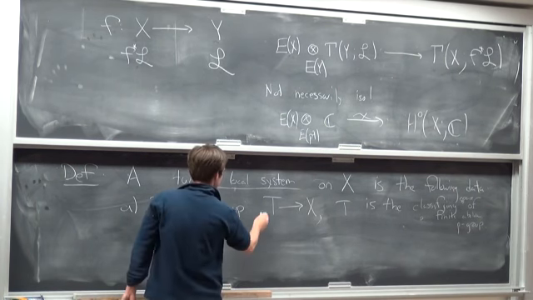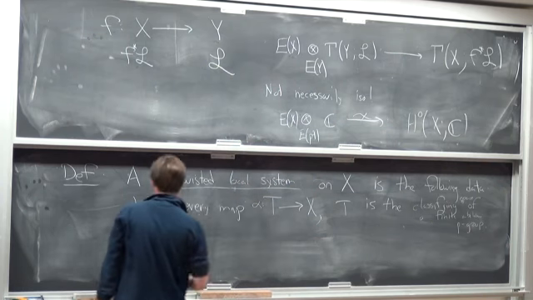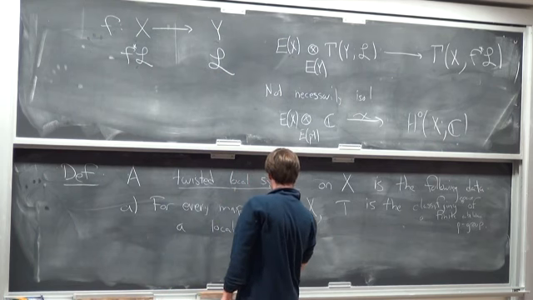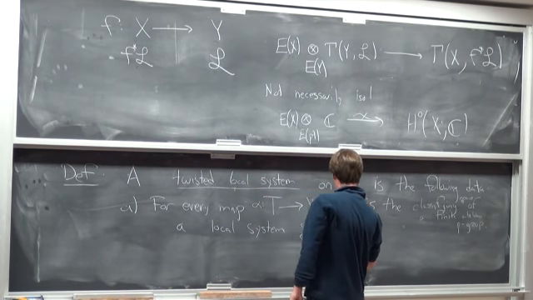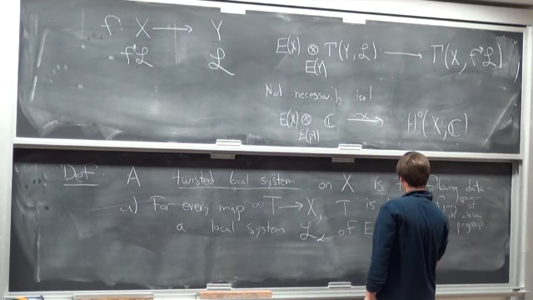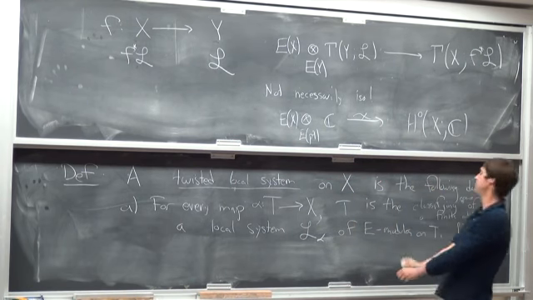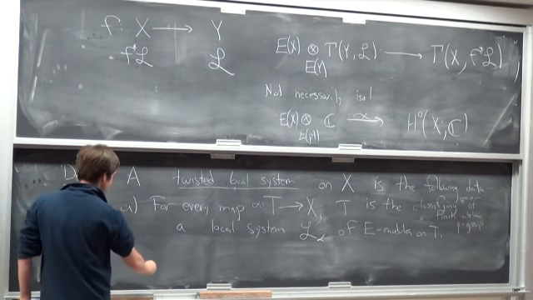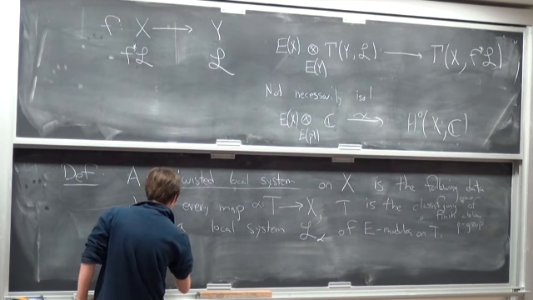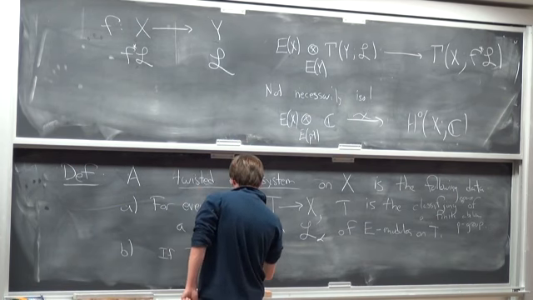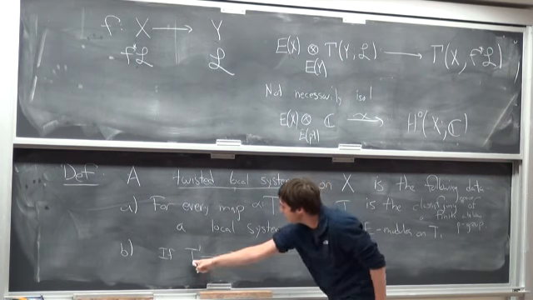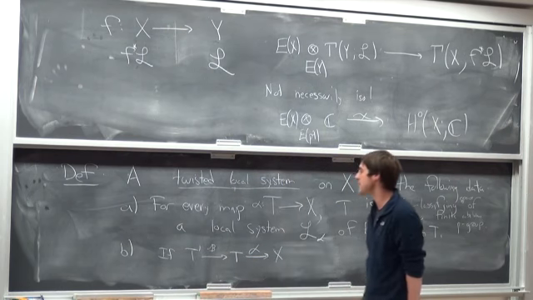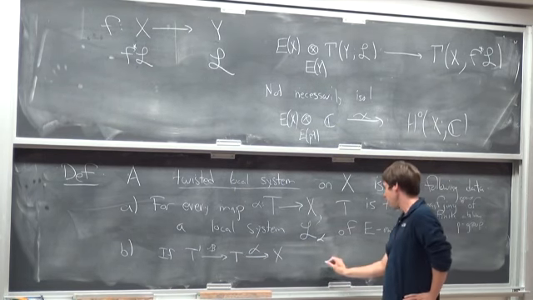Every time you have such a map, let's call that map alpha, you're supposed to supply a local system L alpha of E modules on T. And this should be compatible with base change. So I want to say that if we have a map alpha from T to X and another map beta from T prime to T, then